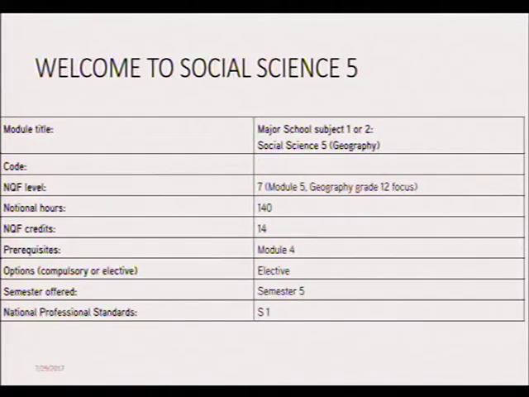This module has 14 credits, and that means you also have 140 national hours. National hours just means that you have at least 10 hours for each credit. The prerequisite for this module is Social Science 4, and for that reason I'm not really going to touch more on the basic three